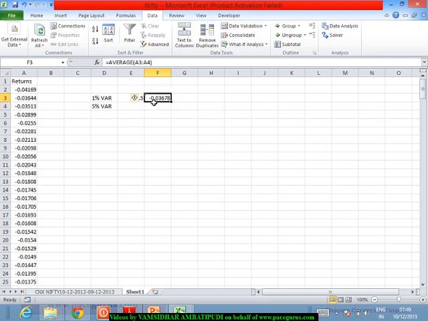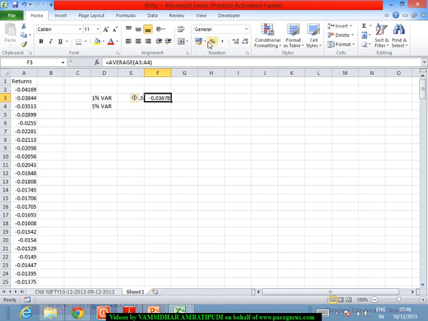Convert this into percentage, and probably I can say that my 1% daily VAR is, though the value comes out as minus 3.68, the usage term is 3.68%. We ignore the negative sign and we try to present it. So what does that mean? There is a 1% chance. There is